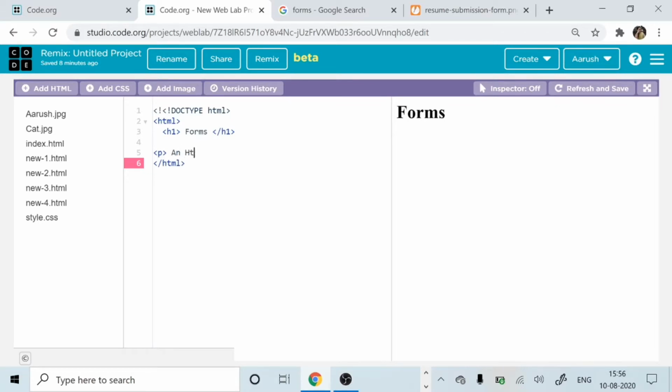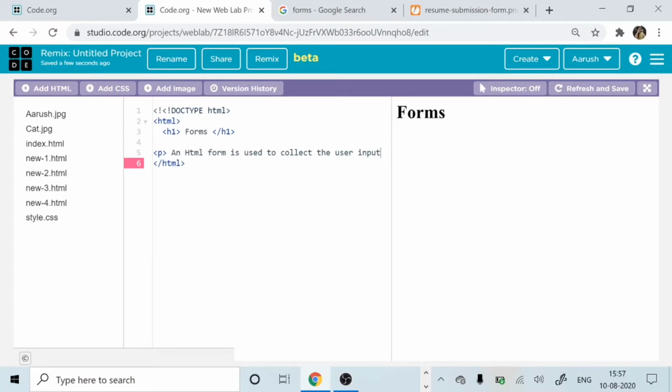So first of all, if I have to give you a detailed explanation of forms, how exactly does a form work? In HTML, a form is used to collect the user input. Input means whatever details you will be putting inside.